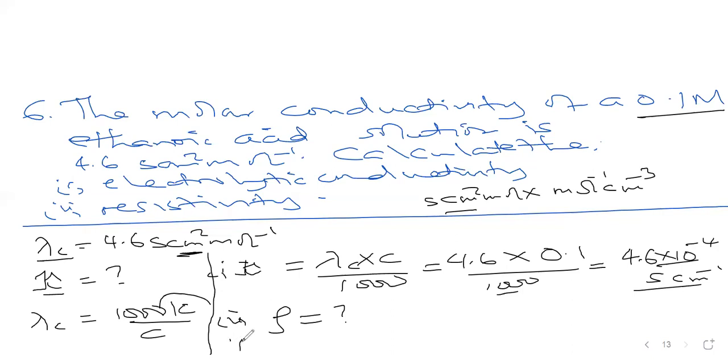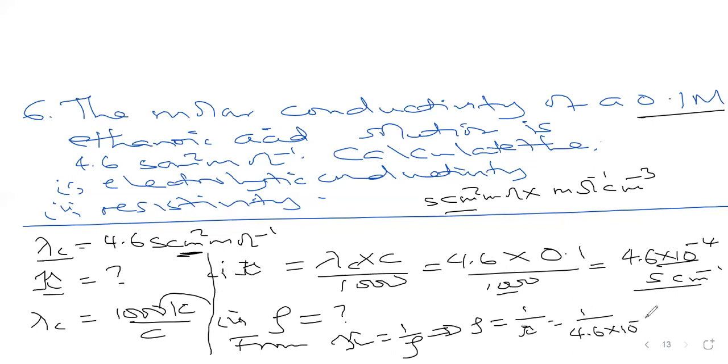Since kappa is the reciprocal of resistivity, resistivity will be the reciprocal of kappa. It will be 1 over 4.6 times 10 power negative 4. It will give us the answer as 2173.91